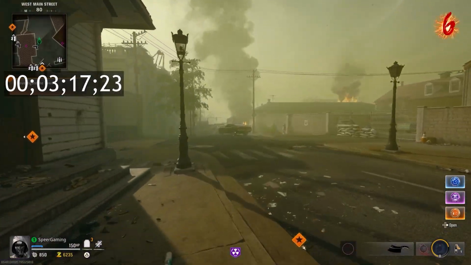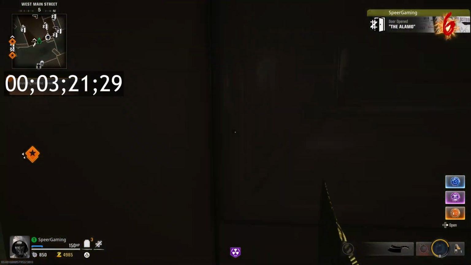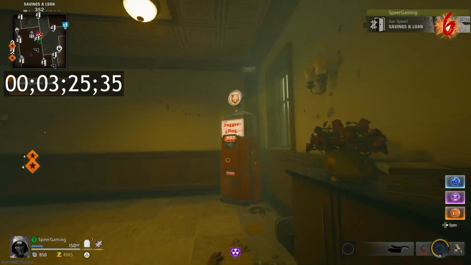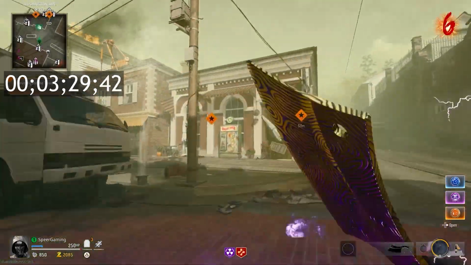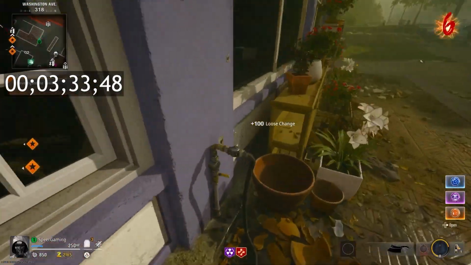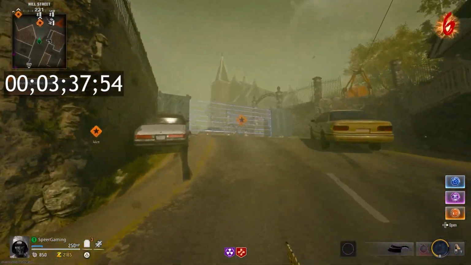So we're going to grab PhD Flopper first, and we're going to open up the shortcut on the side of the bank leading to the roof. We'll run in, we'll grab Jug. Make sure to go prone in front of these vending machines, you get an extra 100 points. We're going to run over and grab the water faucet for the pressure gauge, and then we're going to go ahead and open up the door right outside church, and our first objective is going to be to find the